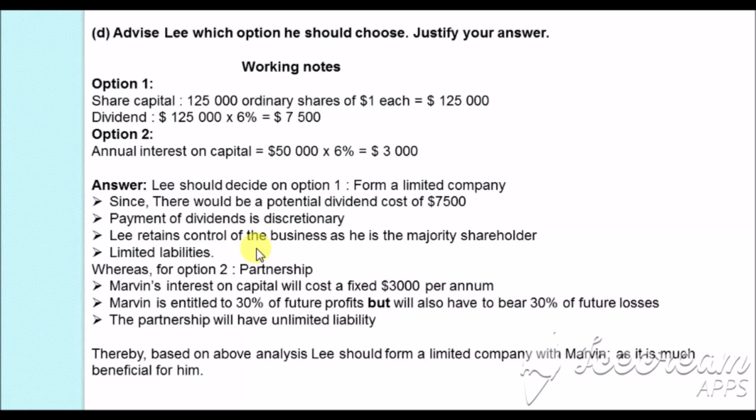Whereas if they go for partnership, then Marvin will have to be paid a fixed interest on his capital, that is, it will be $3,000 per annum, and this will not be a flexible kind of option because this has to be paid. Apart from that, Marvin is entitled to 30% of future profit, but he will not have to bear 30% of future losses. So this is also a drawback for Lee. And apart from that, Lee will not overcome the drawback which he was facing as a sole trader of unlimited liability, because partnership firms also have the same problem, that is, they will have the drawback of unlimited liability. So based on this analysis, I have suggested that Lee should form the limited company with Marvin, as it will be more